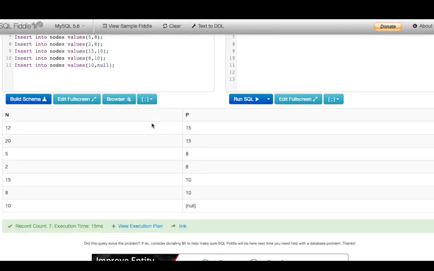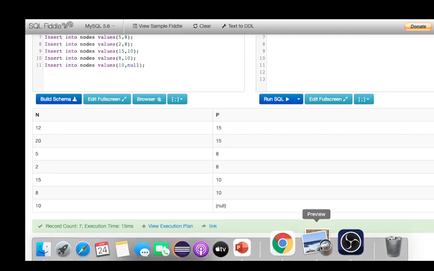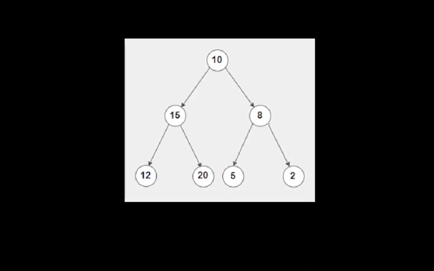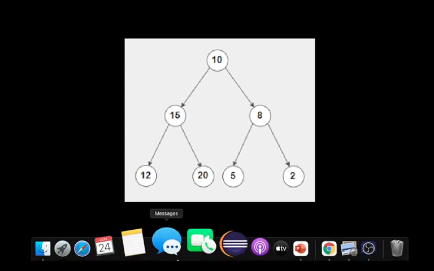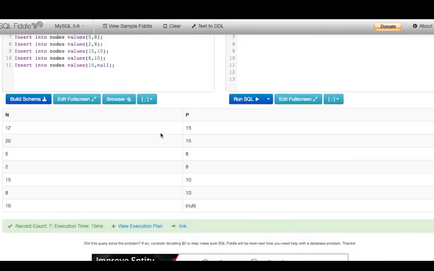For example, we have value n and its parent is 8. So if you remember the binary tree that we saw, the value is 8 and the parent is 10. If the value is 5, the parent is 8. So these two n and p values are being given to us in the question.